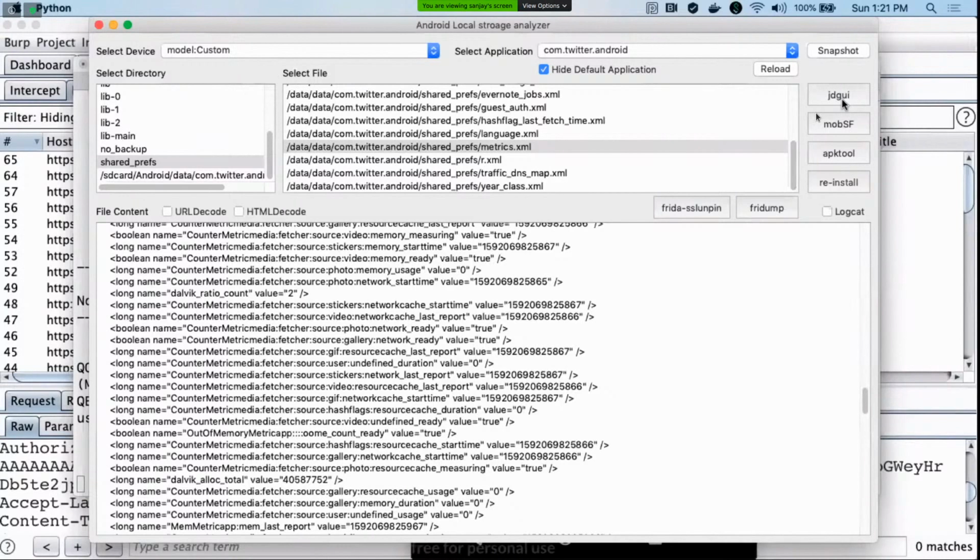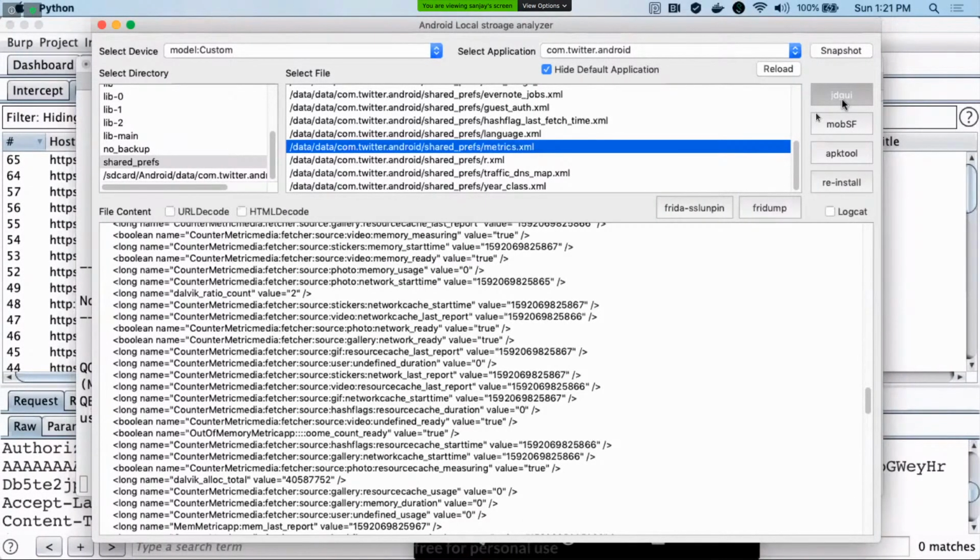When I click on this JD-GUI, it fetches the APK file from the device, converts it into a jar file, and then opens it in JD-GUI. So it takes time.